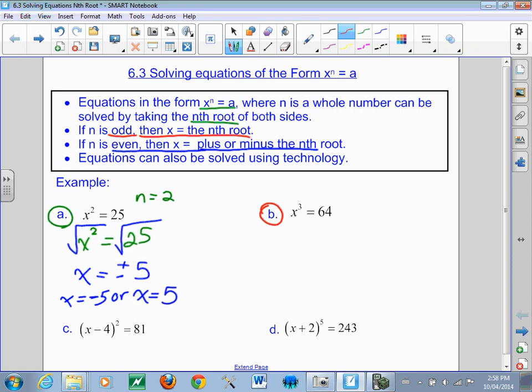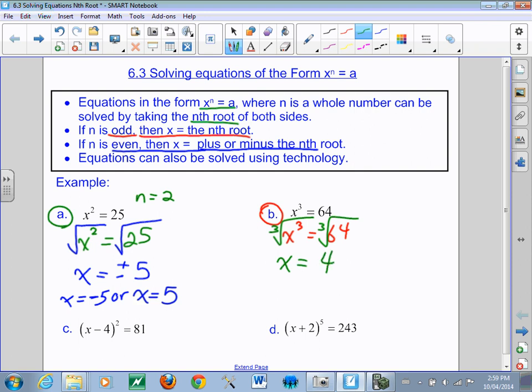So when we take a look at this, there's going to be no plus or minus. So I'm going to rewrite the question. Currently it's x cubed. How do we get x by itself? We take the cubic root of it. Whatever you do to one side, you do the same to the other. And the cubic root of x cubed is x, and x equals the cubic root of 64, which is